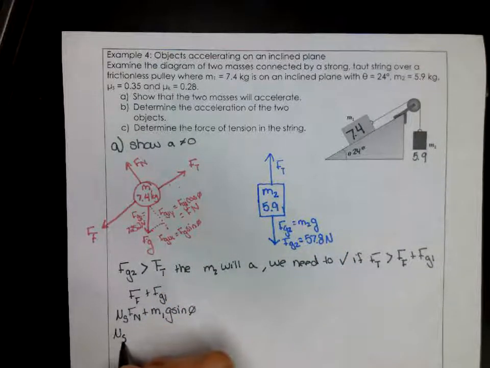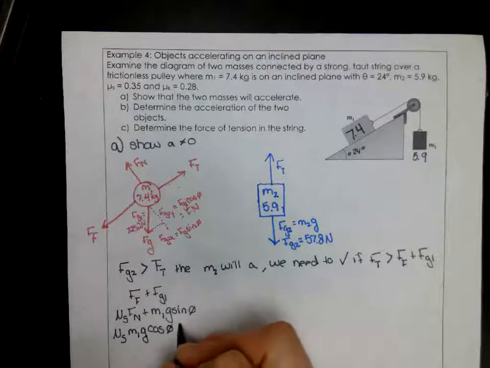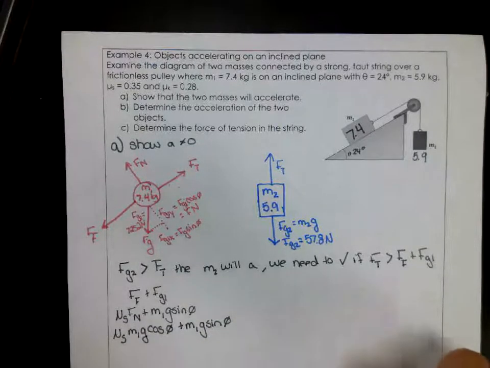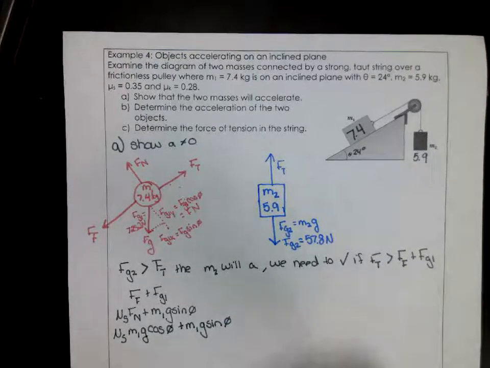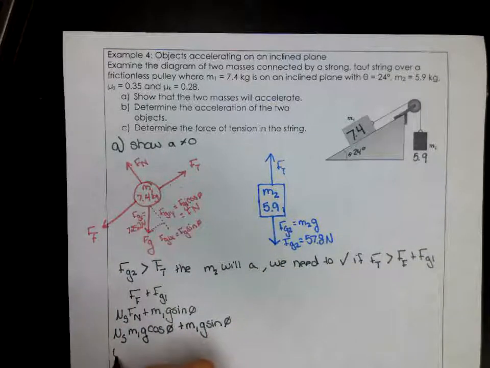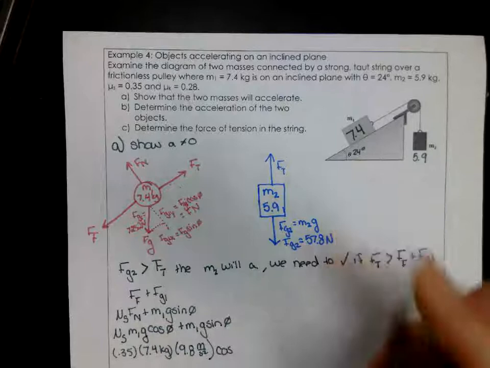So I can say the coefficient of static friction times mass 1, gravity, cosine theta, plus mass 1, gravity, sine theta. Now all I need to do is plug in what I know. The coefficient of static friction was a given. It's 0.35. So I have 0.35 times 7.4 kilograms for my mass 1 times 9.8 meters per second squared, cosine of theta, and it told me theta was 24,